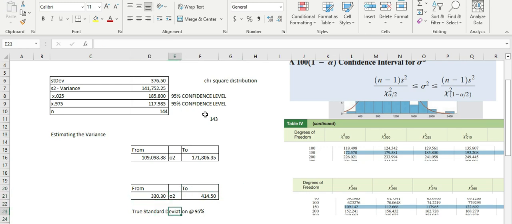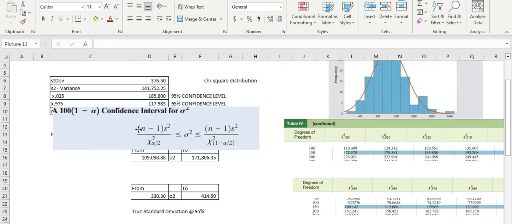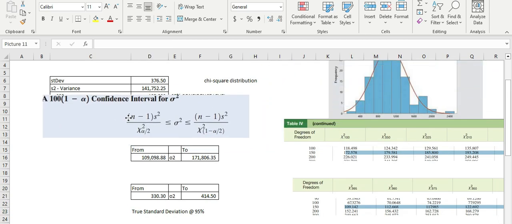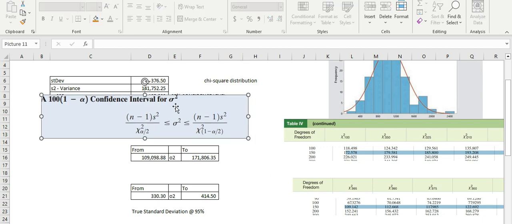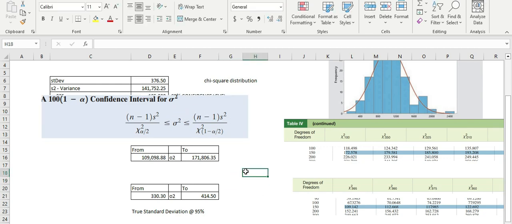These values here are the true standard deviation at the 95% level. We just copied it. This is our guidance for this confidence interval for the standard deviation or variance. Standard deviation is just the square root of the variance. That's basic. Since we already have the confidence interval for the true standard deviation of the population,